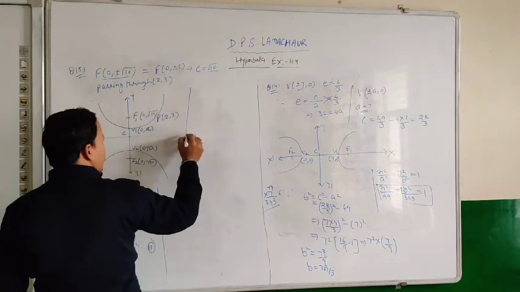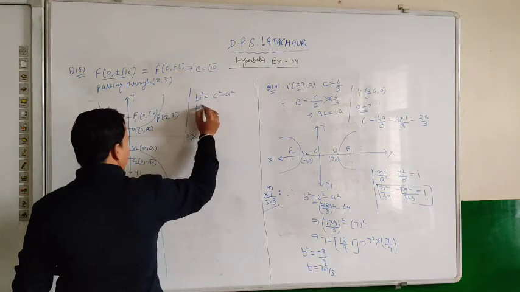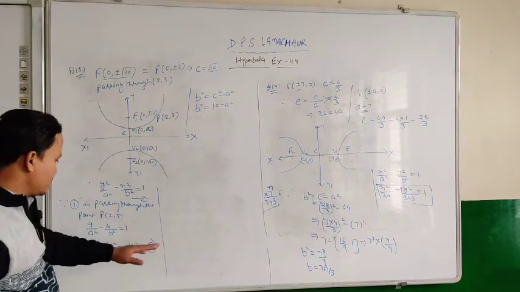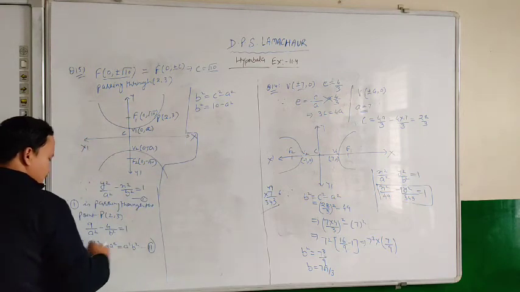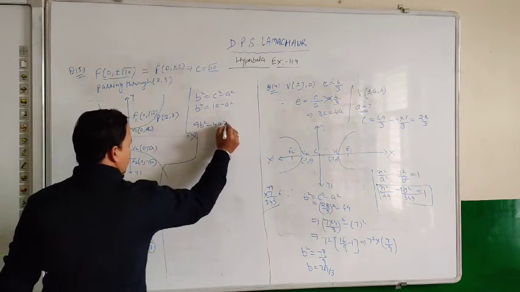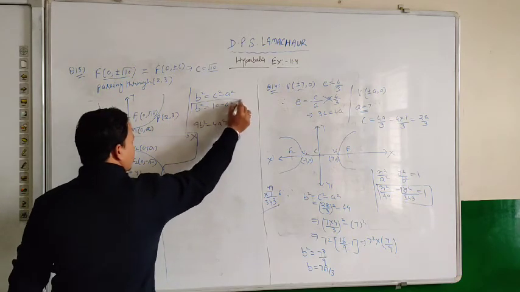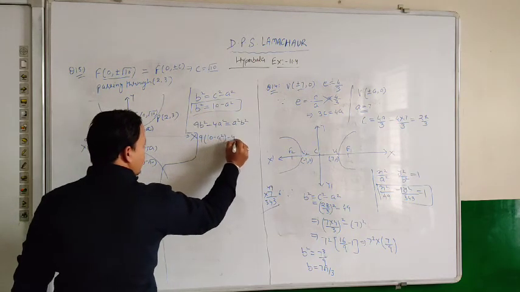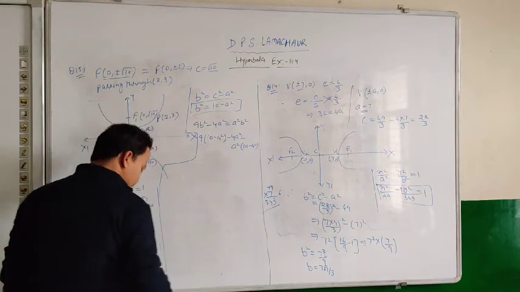Okay. Now since we know the relation between a, b and c, b square is equal to c square minus a square, that is b square is equal to, what is the value of c? Root 10. So this will be 10 minus a square. Now putting the value of b square in equation number second, what do we get? From equation number second, 9 times b square minus 4 times a square equal to a square b square. Now put the value of b square is equal to 10 minus a square here. So 9 times (10 minus a square) minus 4a square is equal to a square times b square, and what is the value of b square? 10 minus a square. Okay.